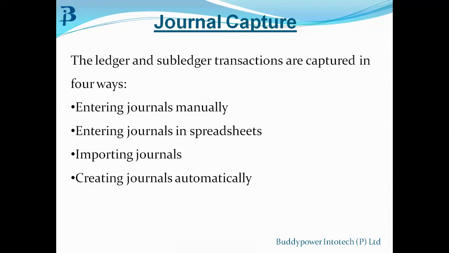Then you have the second way of capturing journals, which is entering journals in spreadsheets. As I mentioned, I've discussed the FBDI and ADFDI ways of importing the data. You enter manual and recurring journal entries in a spreadsheet interface. Once completed, you make whatever changes are necessary in your spreadsheets, and then you import it to the system through the import interface, which is your FBDI and ADFDI. You can even schedule or manually submit the journal import process to import the data into the ledger.